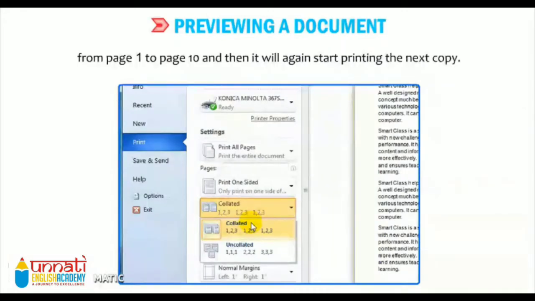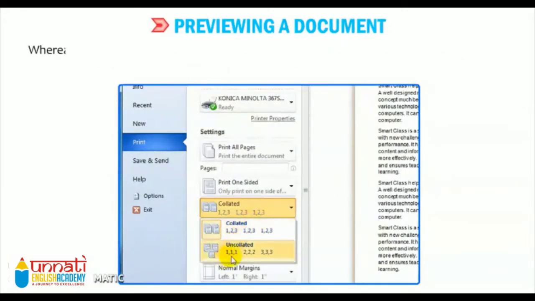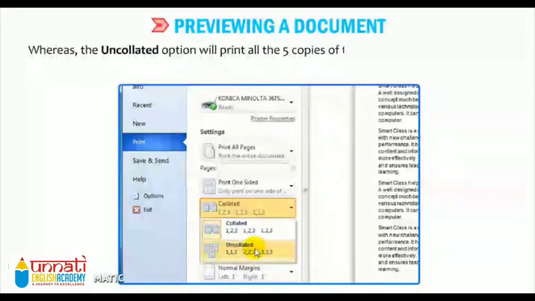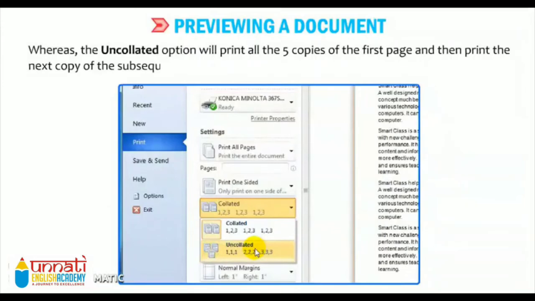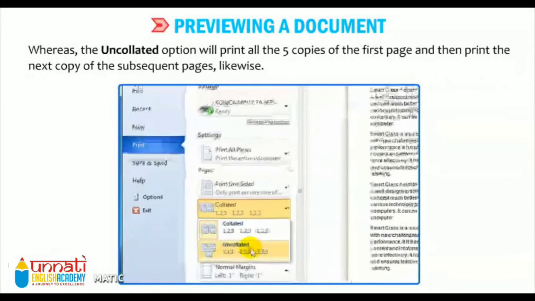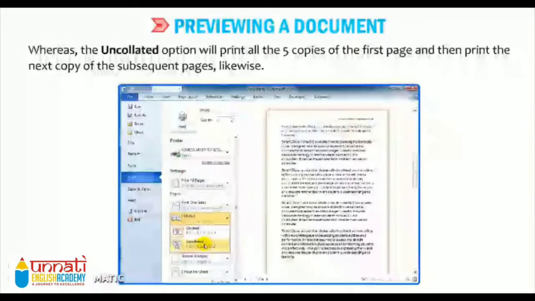So this is a very useful option, collated. Whereas the uncollated option will print all the 5 copies of the first page and then print the next copy of the subsequent pages. Likewise, here you have to arrange your paper, but with the help of collated, there is no need to do that. The papers are already arranged and sorted.